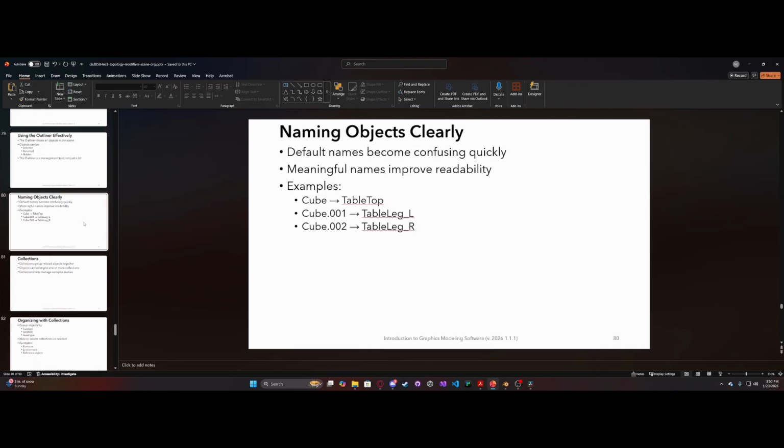We should name our objects clearly, right? So default names can become confusing quickly, especially if you start adding a ton of different default objects. So meaningful names improve readability. For example, instead of cube 001 and cube 002, you could have tabletop, table leg left, and table leg right, right? Meaningful names are incredibly important, and you should expect to have meaningful names for all of your assignments